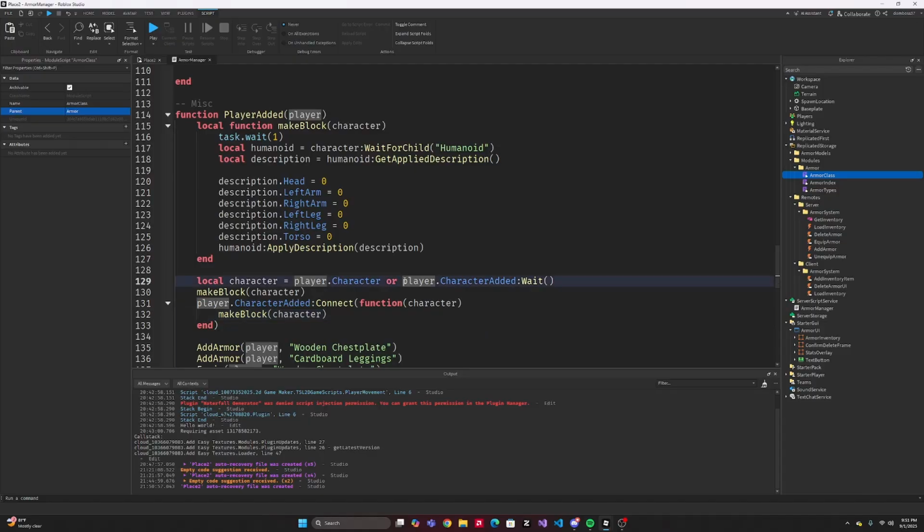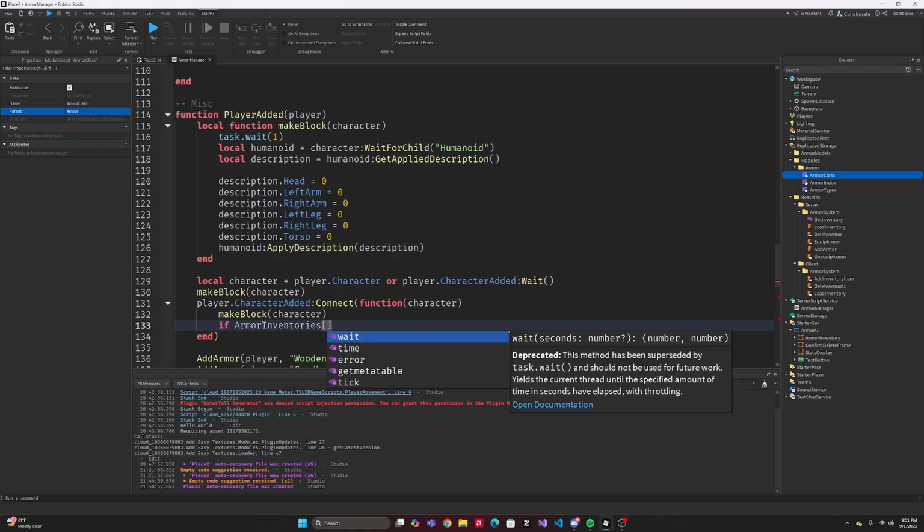CharacterAdded:Wait will wait for the character to respawn, and that'll just be a one-time thing. And then this connection here makes whatever is inside of this function run every time the character respawns. Although it usually doesn't work on the first player added, that's why we have the makeBlock outside as well. And then what we want to do is check if we have